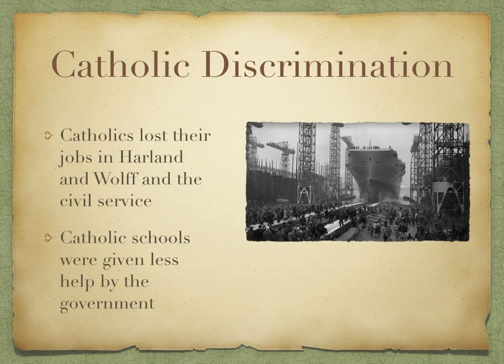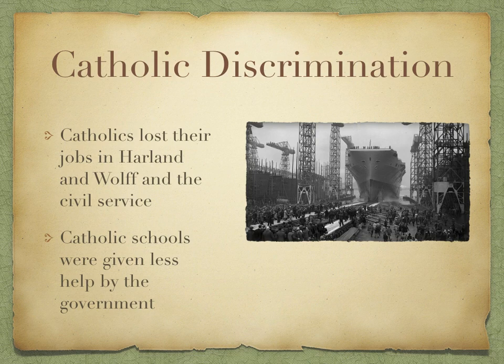The Catholics really suffered a lot of discrimination in this time. Some Catholics were run out of their jobs in Harland and Wolff during the unrest in the 20s. As the government really established itself, it fired a lot of Catholics from the civil service. Both Catholic and Protestant religions wanted to set up their own individual schools. The Catholic schools were given less help by the government, less funding to make sure there was good standards in buildings and in resources that were needed for schools, whereas the Protestant schools